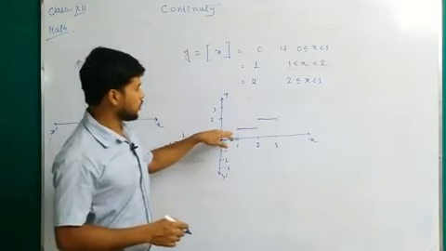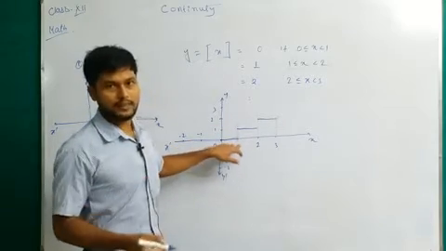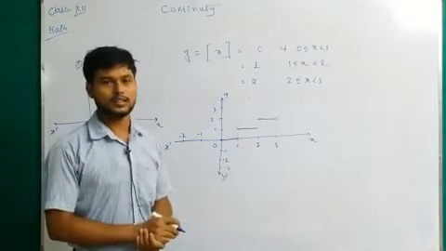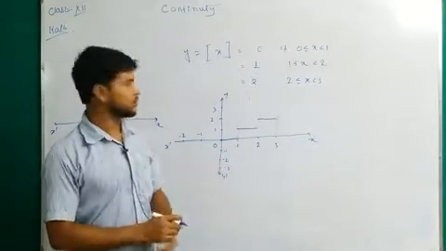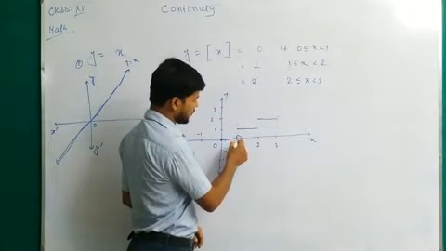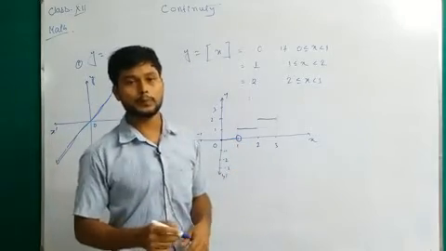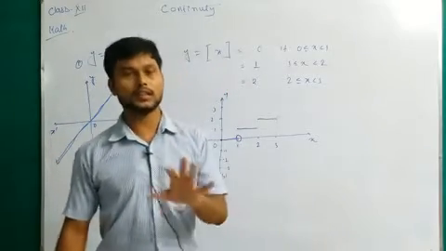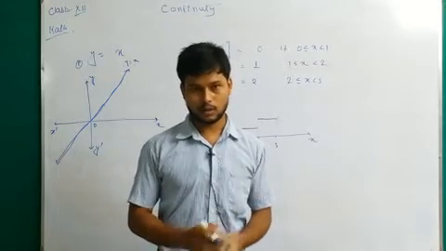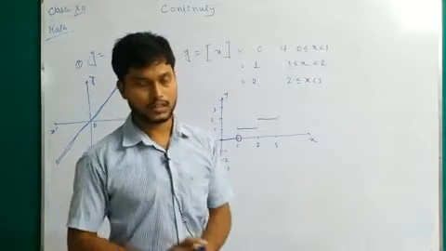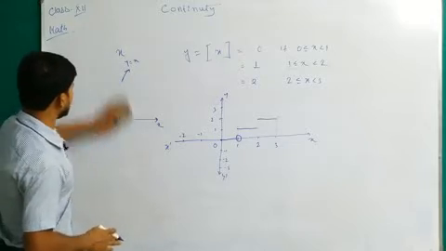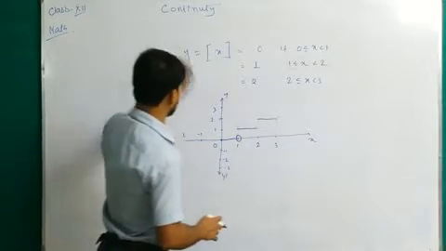And if we have to remove the pen several times, then we say that this graph is called a discontinuous graph, or it's not continuous. The point where the function is not continuous is called the point of discontinuity. This is the general conception of what a continuous graph and a discontinuous graph are. Now we will establish the mathematical formula for when a graph is said to be continuous.